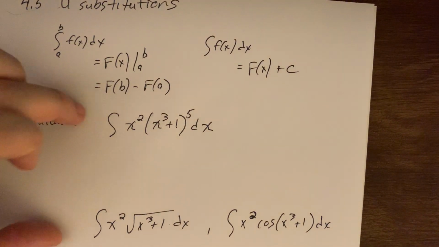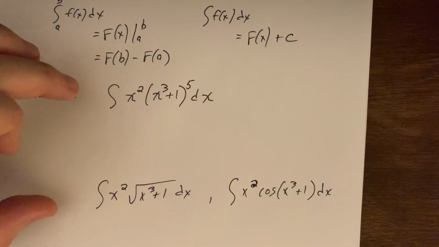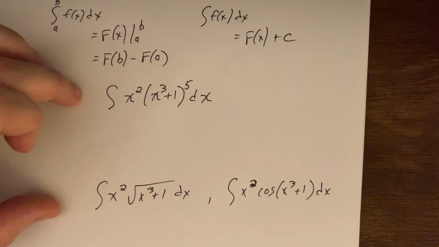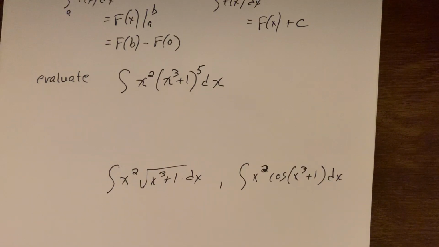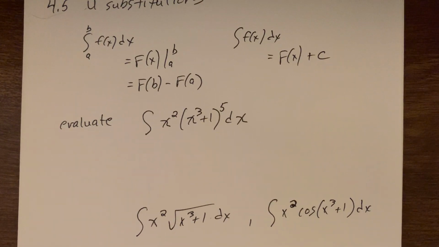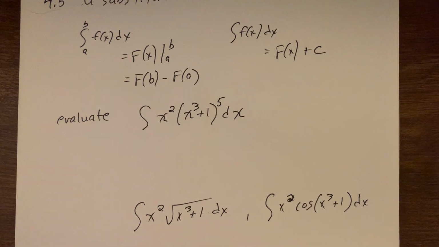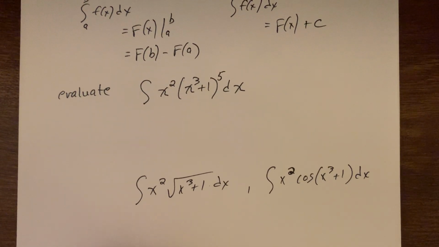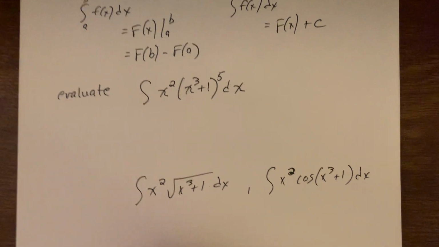So I'm trying to set the stage for some problems, and these are not the easiest ones, but they definitely demonstrate situations where a U substitution will work. I want to take a quick moment to point out what the book says about this. There's nothing wrong with what the book says. I just think there's a few ways we could interpret what they do a little bit easier, a little bit better. So the book says if we are trying to find, again, definite or indefinite, that doesn't matter,